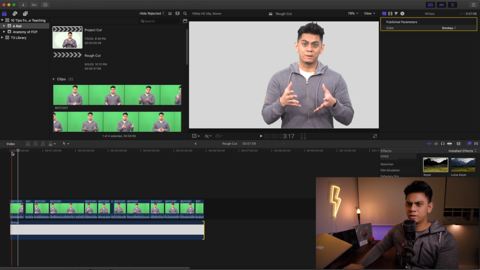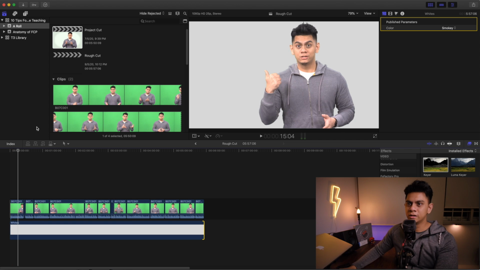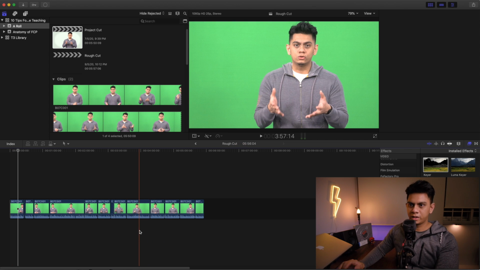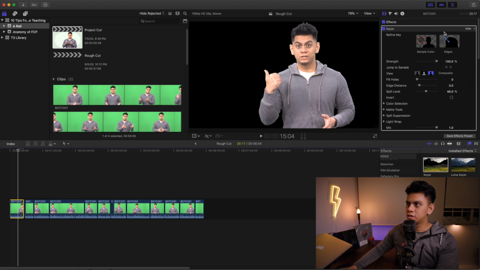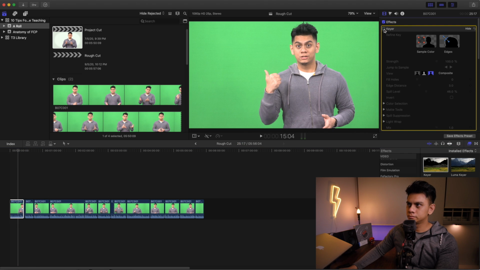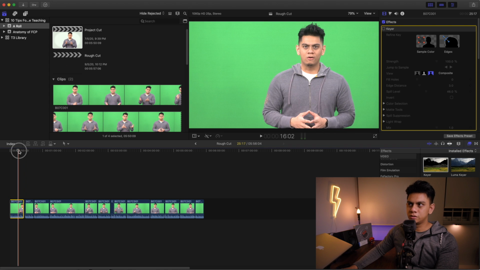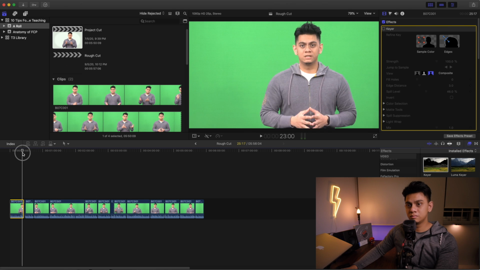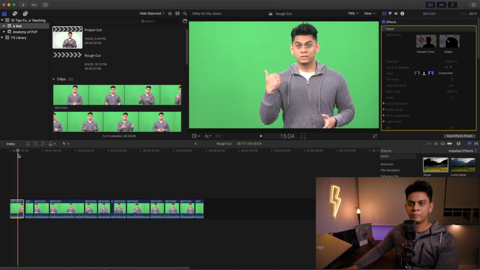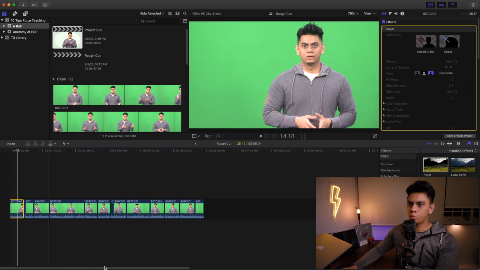Okay, so if you understand the concept of Photoshop, you will understand the concept of layers really easily. So right now, I'm just going to delete this and make it easier for you to understand. Okay, remove the key here. Okay, so this is pretty much the default, right? The default look of the image if you did not key out anything. So the easiest way for you